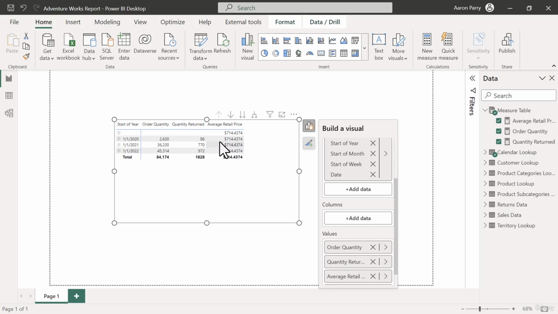So we see here that we have a repeating value, right? This average retail price is the same for all of the years. And that's because all we're doing is saying, hey, take a look at the average retail price for each of these years and then just return that. While this isn't super helpful information specifically for the average retail price, the real purpose of creating these measures is to be able to answer questions that are being asked about the business